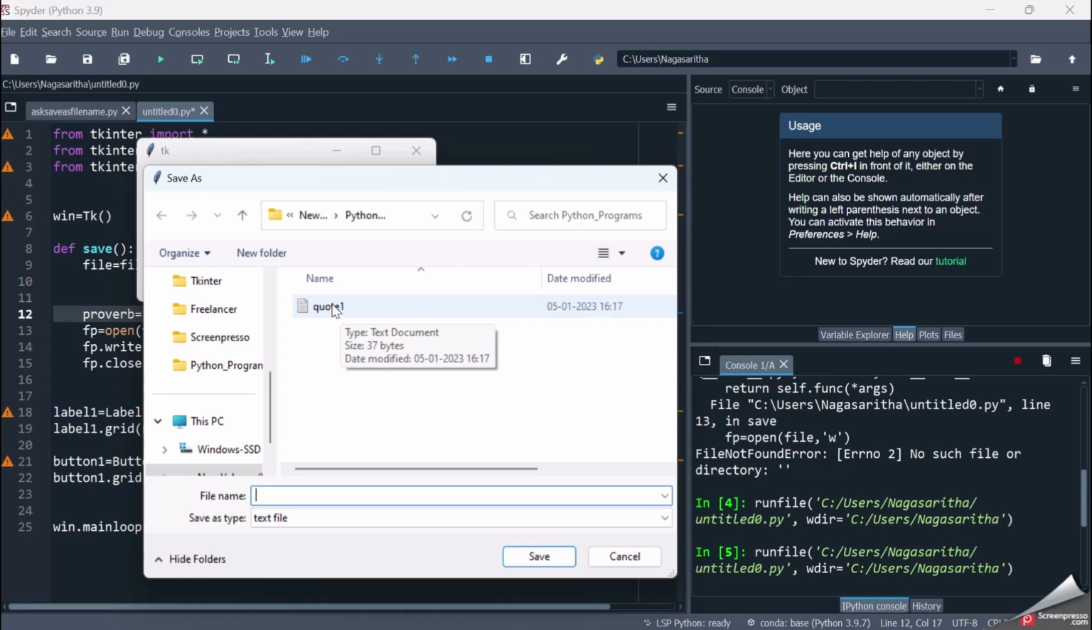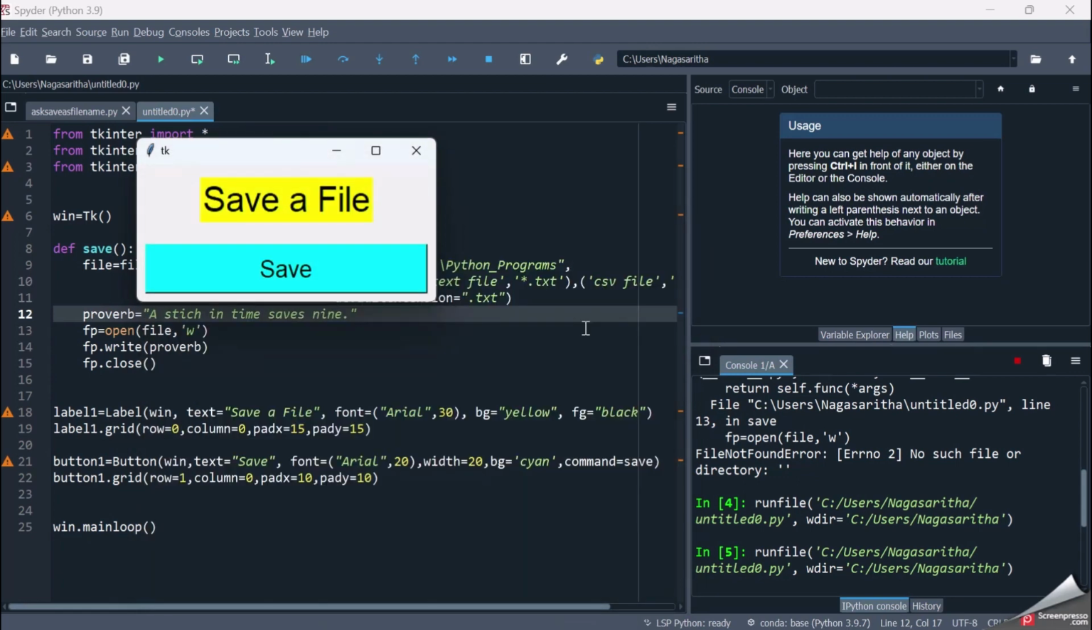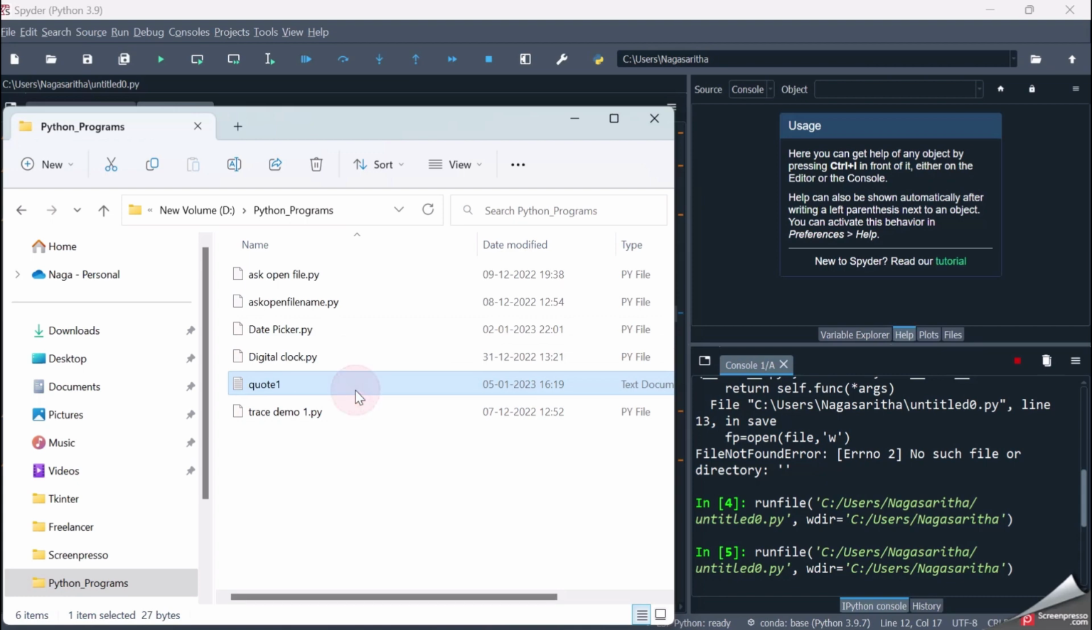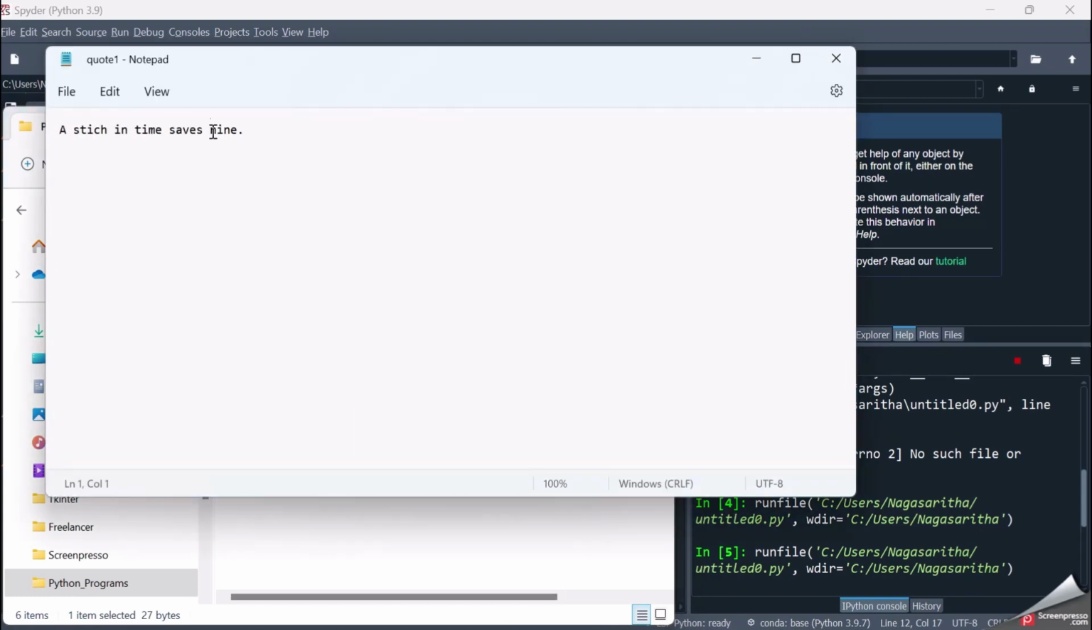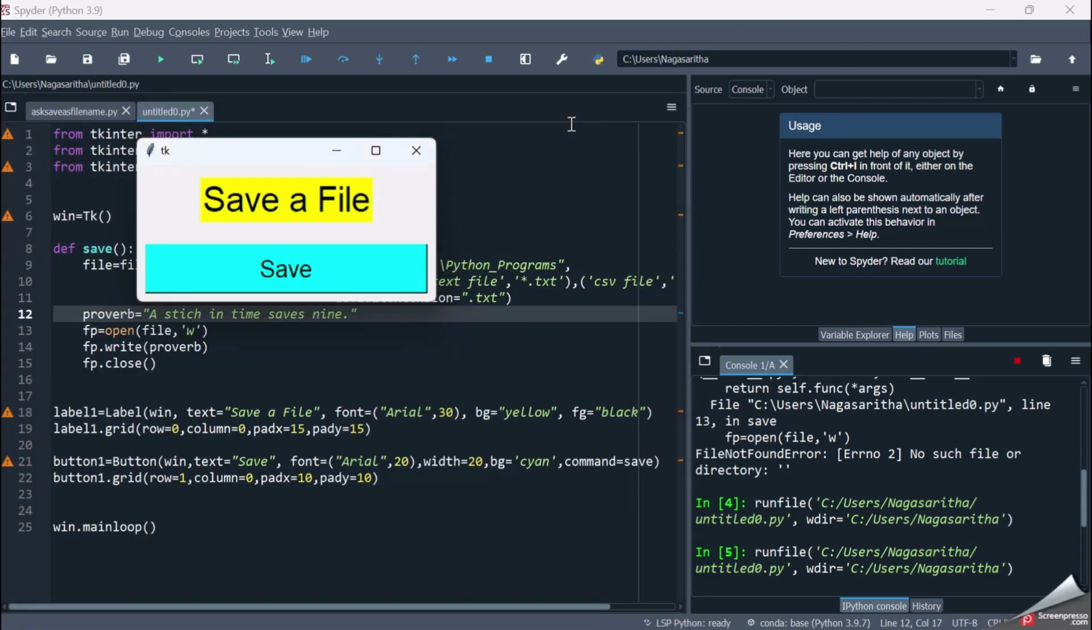Before, we had created a new file called quote1. Now I want to overwrite in the quote1 file itself. So I'm selecting quote1 and I'm saying save. It asks whether you want to replace it. Yes. And now when I check my file quote1, I get a stitch in time saves 9. So the details have been modified. So we can write it in the previously existing file or we can create a new file with the help of